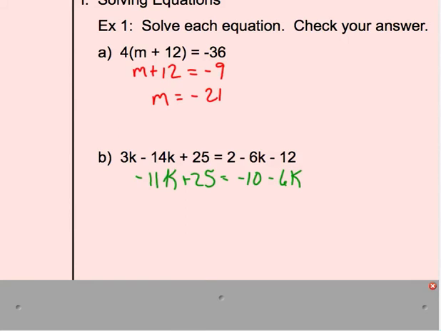Well, negative 11 is smaller than negative 6, so I'm going to add 11k to both sides. The result is 25 equals negative 10 plus 5k. So isolating my variable, adding 10 to both sides, and dividing both sides by 5, we get 7 equals k. And our last equation,